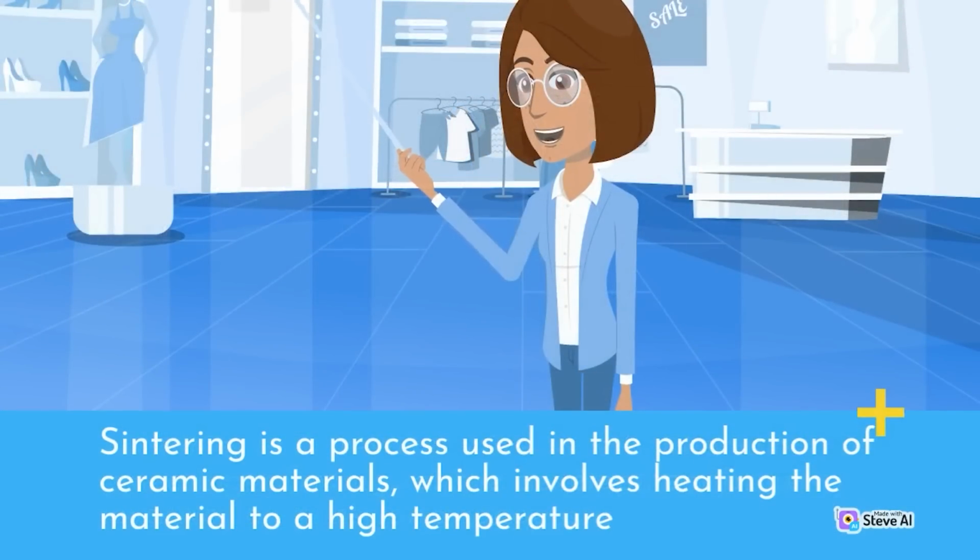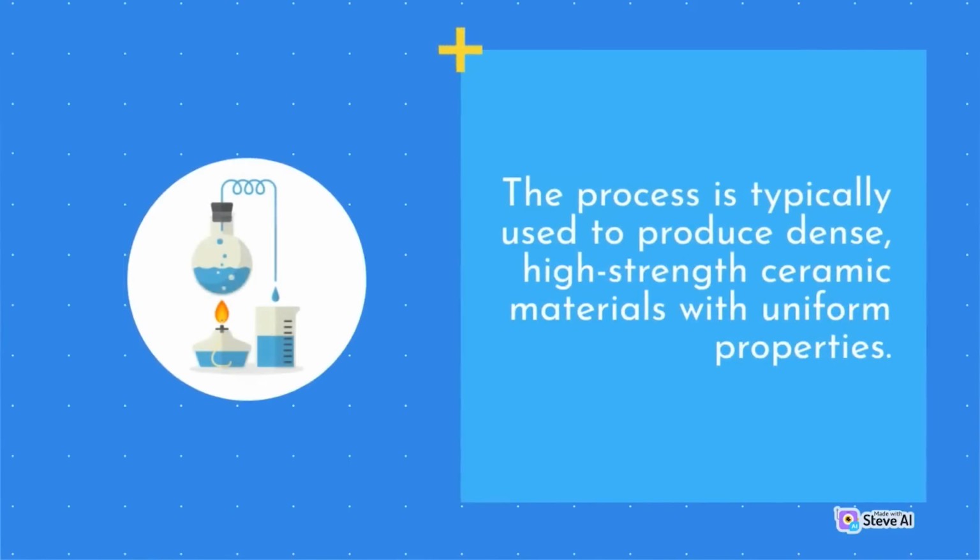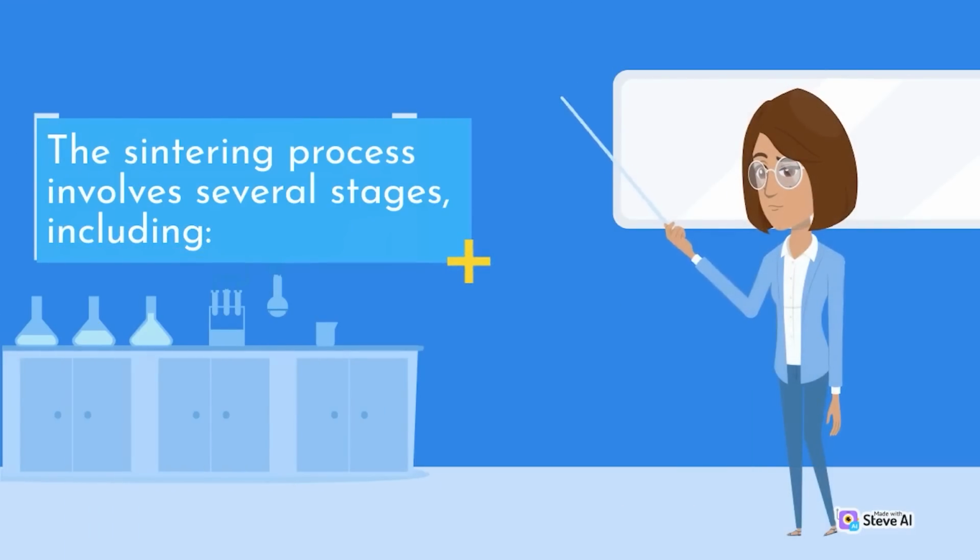Sintering is a process used in the production of ceramic materials, which involves heating the material to a high temperature below its melting point to cause the particles to fuse together and form a solid material. The process is typically used to produce dense, high-strength ceramic materials with uniform properties. The sintering process involves several stages, including